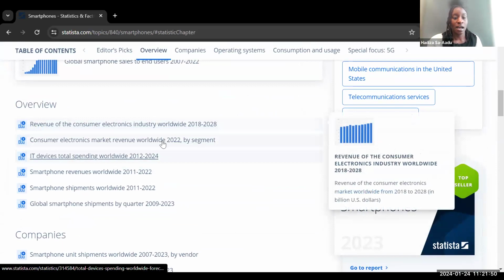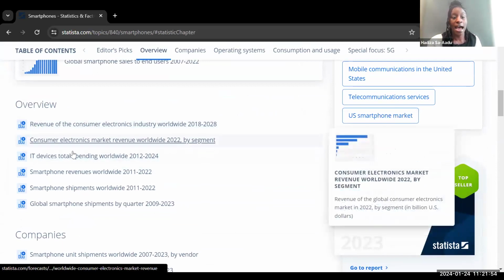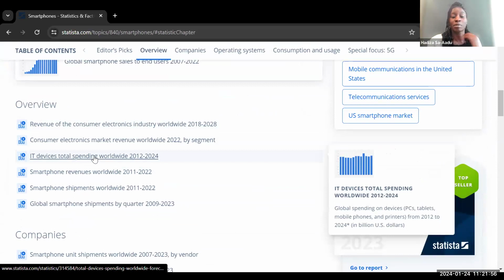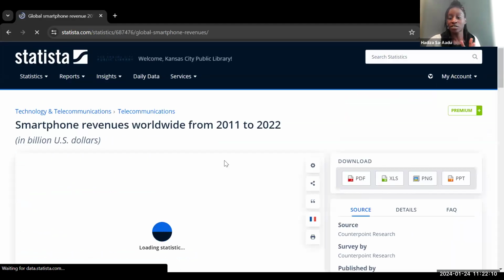worldwide, revenue by segments, IT devices, how much spending is on those worldwide, how much revenue is generated from the sale of smartphones worldwide from 2011 to 2022. Let's see what that is saying. This is just a graphic. So when we